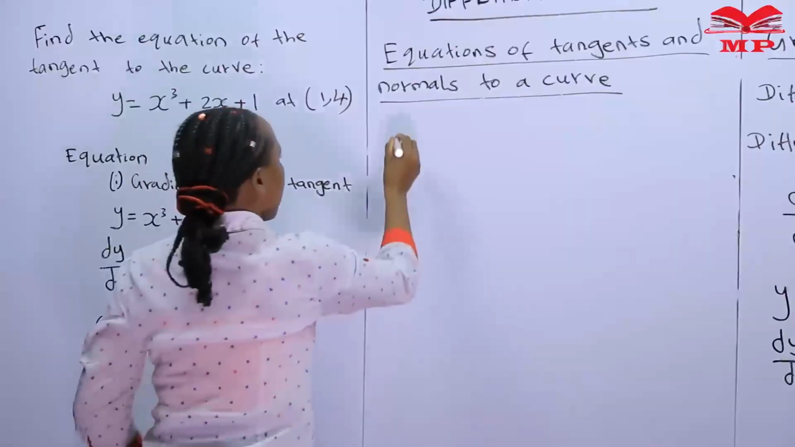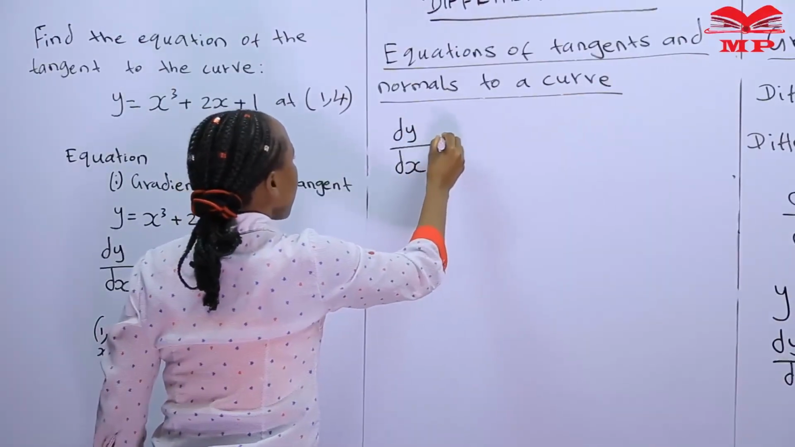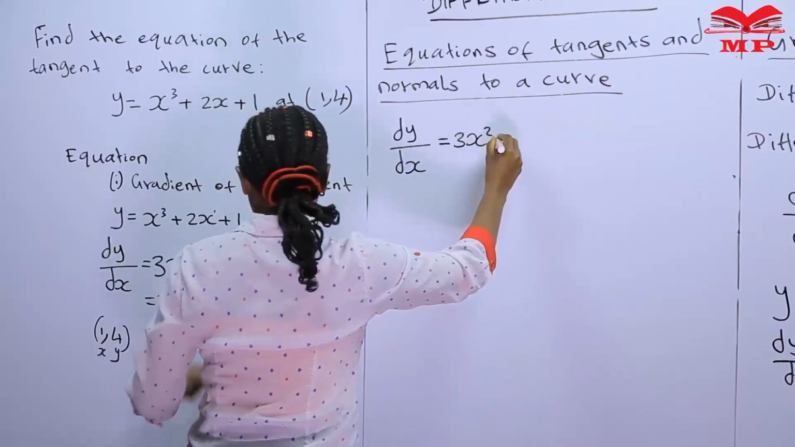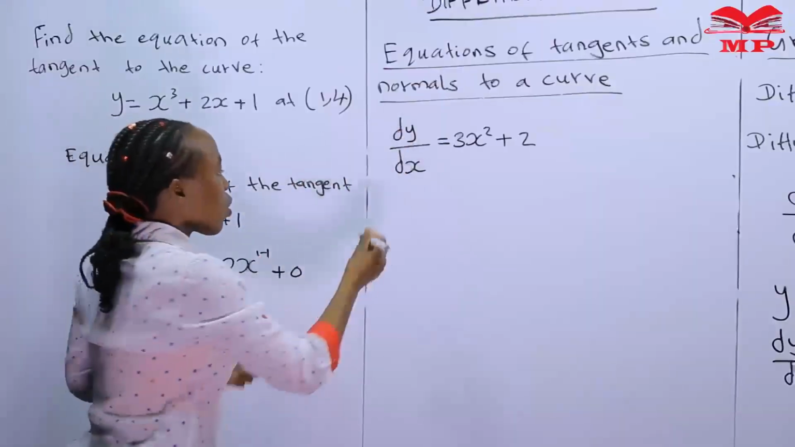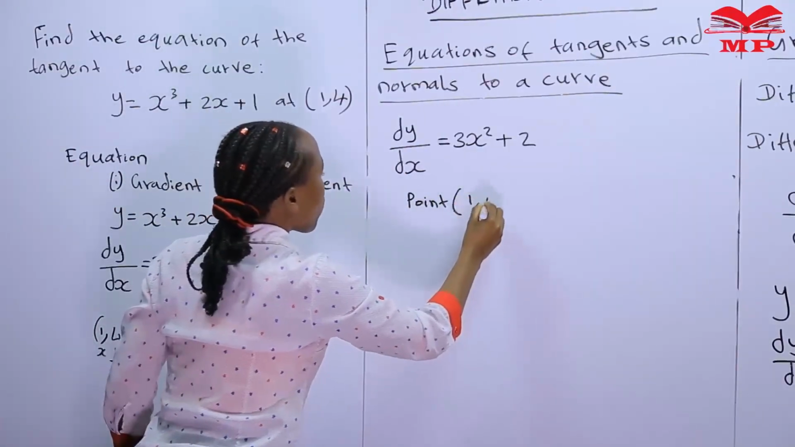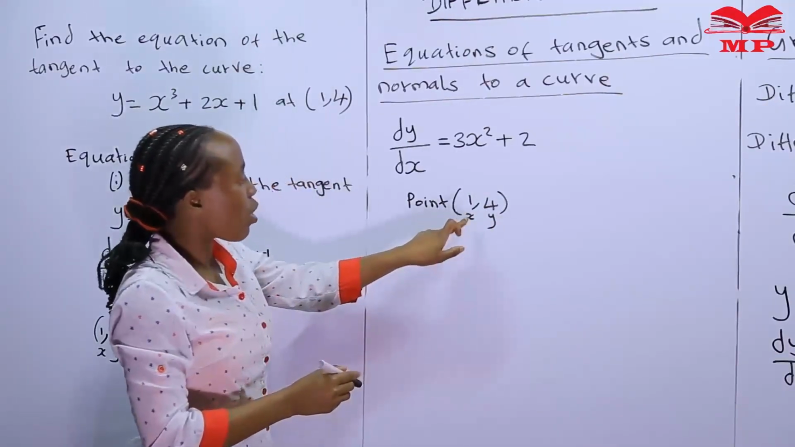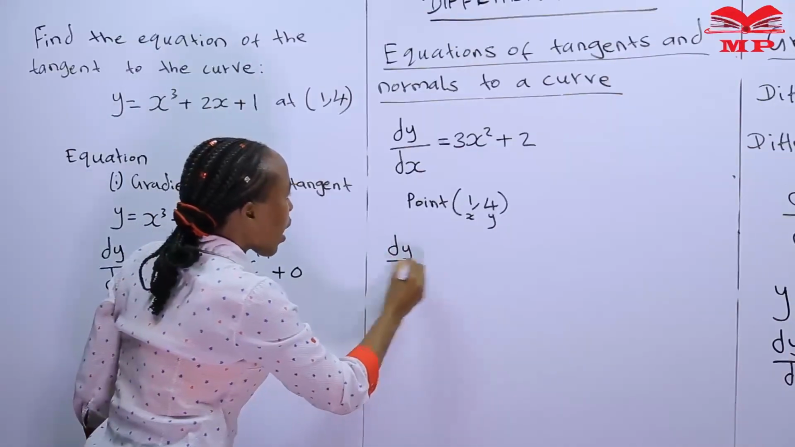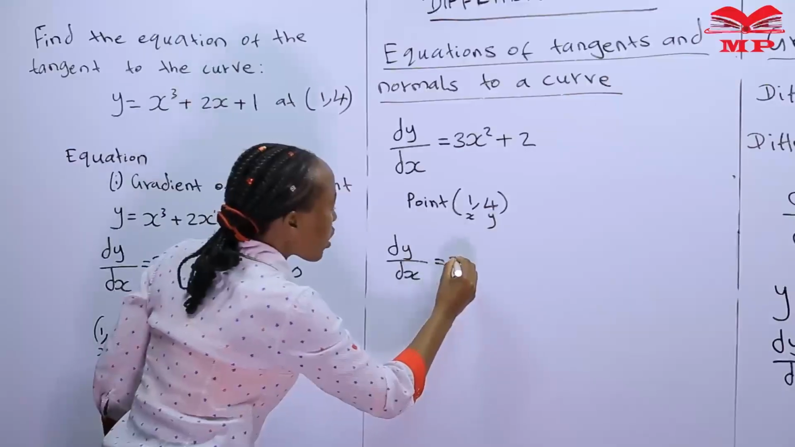So we have that dy over dx is equal to 3x squared plus 2. We can get the gradient because we have the point (1, 4), so we have x, y. We can substitute the value of x with 1, so we have dy over dx, which is our gradient, equal to 3